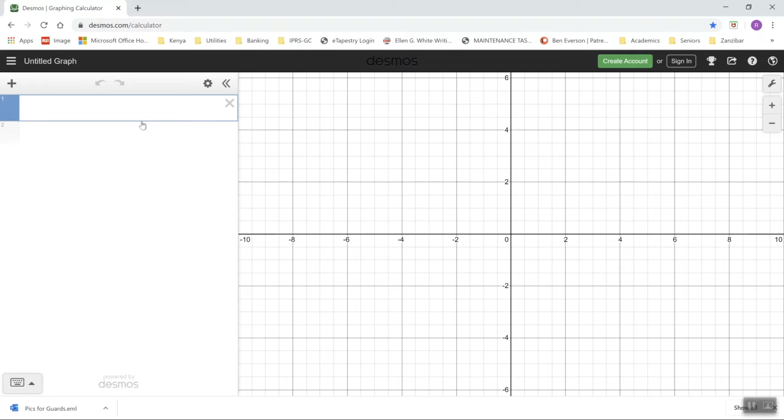Okay, so this is what you have when the screen opens up. Notice that we have a grid right here in the middle, and up here on the left upper portion, we have a place where we can enter equations. So let's just make up an equation. Let's say that we have y equals